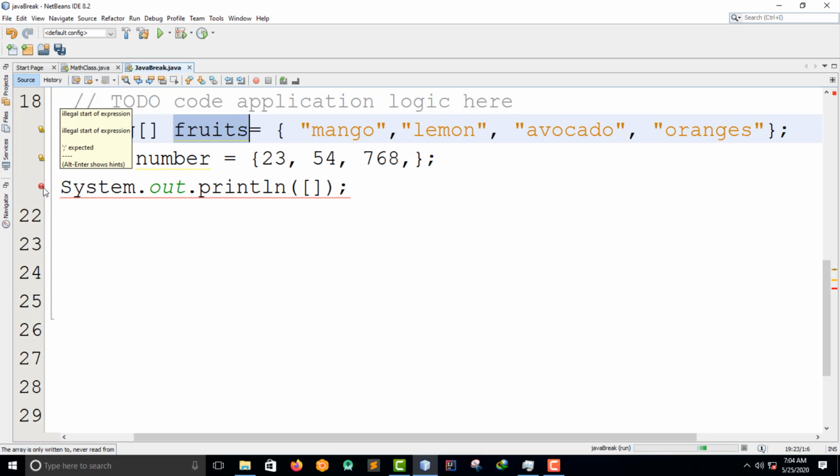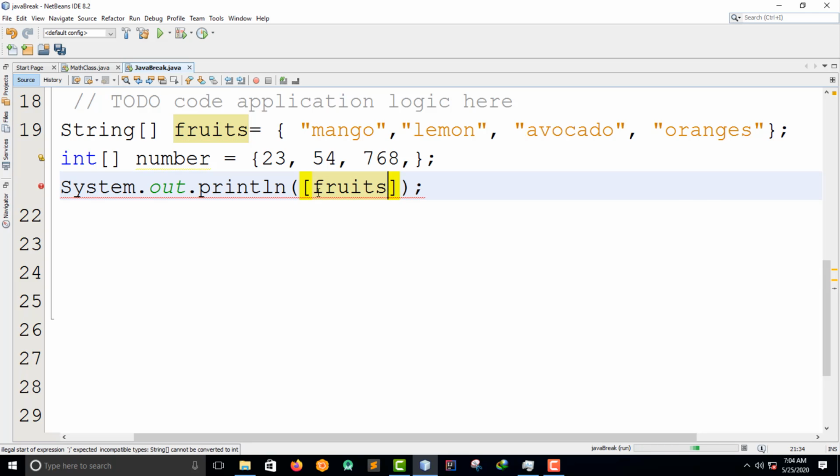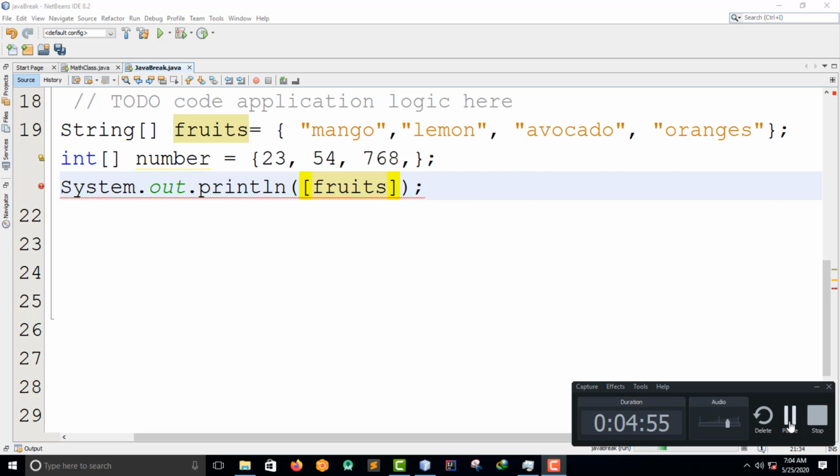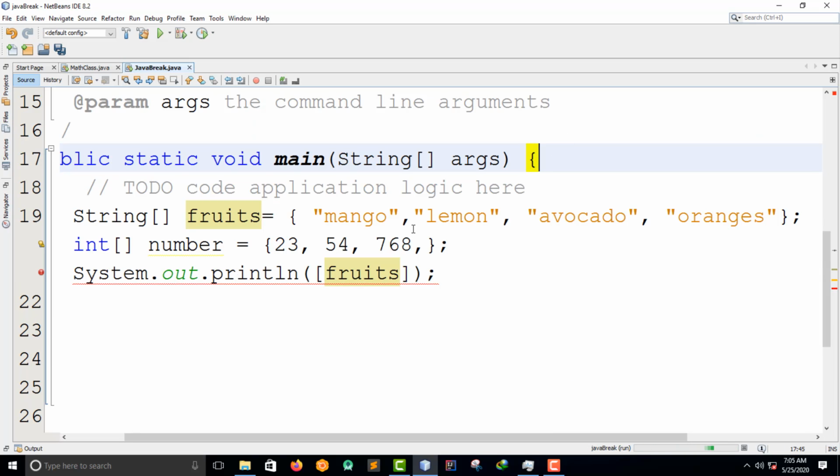There's a problem here which I don't know, but I'm going to do a very simple thing. So print line, then edit this, and then I think I have to put something. Let me put this.